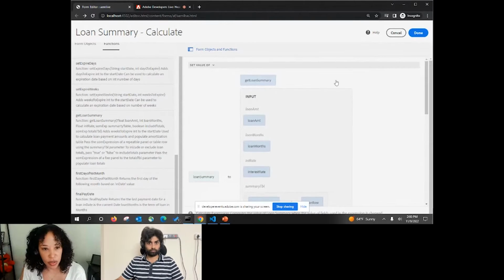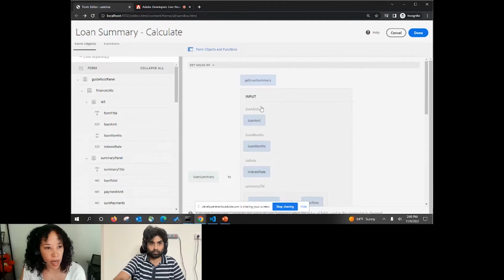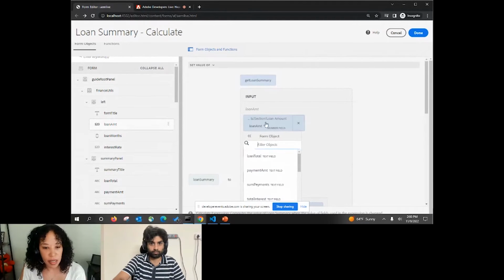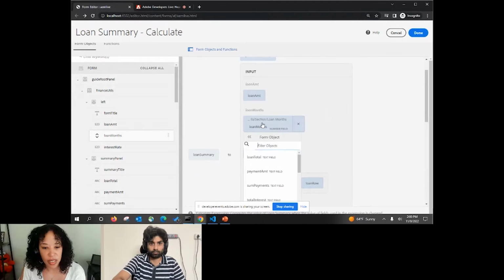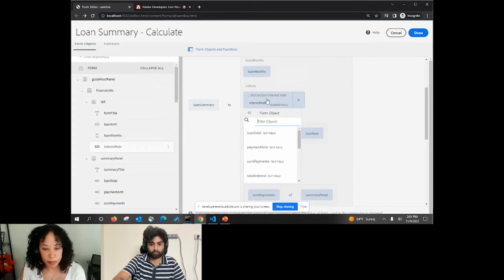So in this particular function, you can see that if I go back to this form object and click on this field loan amount, this highlights. So it's taking the input from loan amount and passing it on into that function. Same thing with the months, same thing with the interest rate.